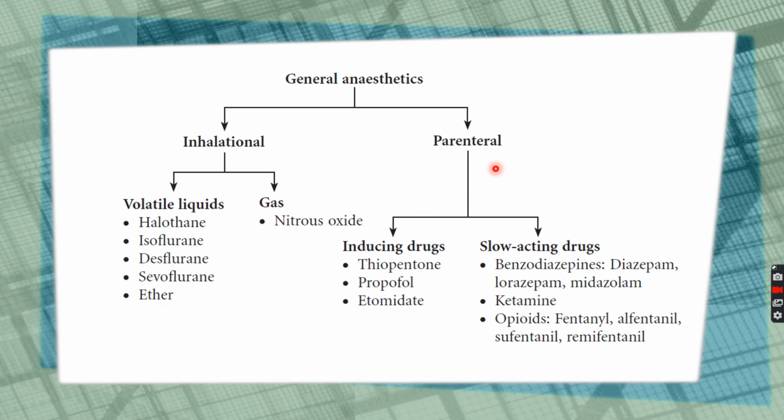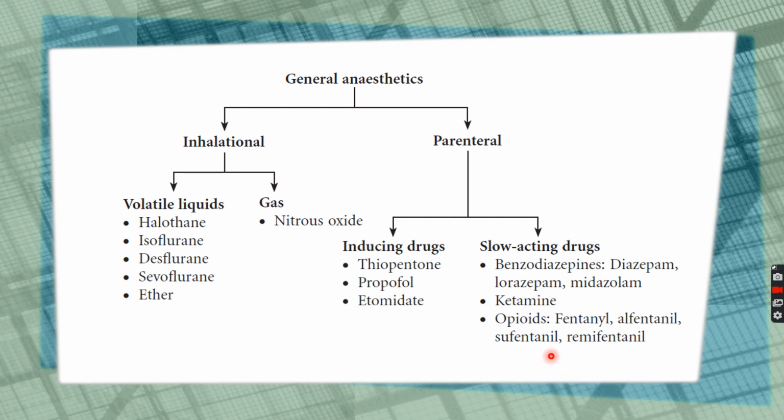Amongst the parenteral agents, you have inducing drugs or general anesthetics which are used just for inducing or starting the anesthesia, that is thiopentone, propofol, etomidate. And then you have slow acting parenteral drugs like benzodiazepines, that is diazepam, lorazepam, midazolam, ketamine, and opioids like fentanyl,